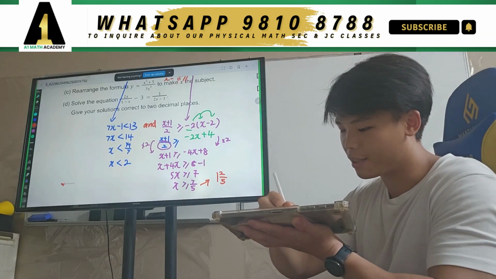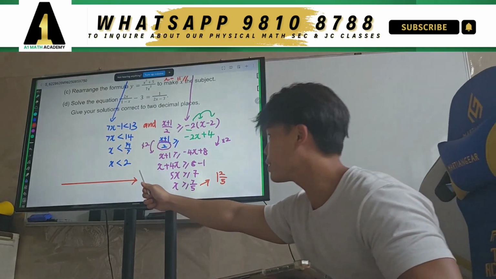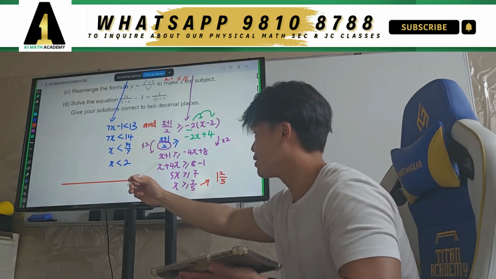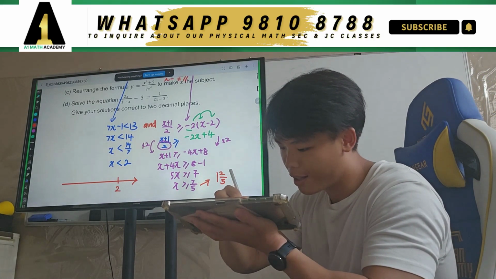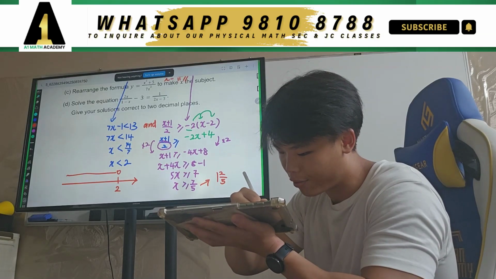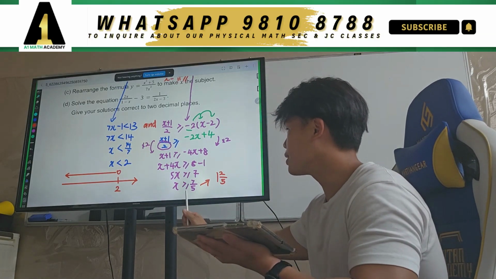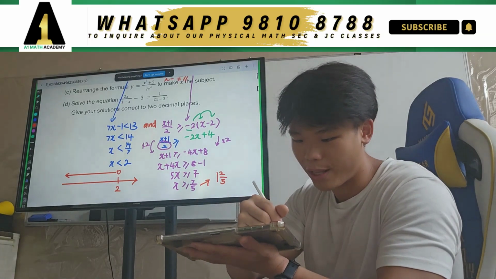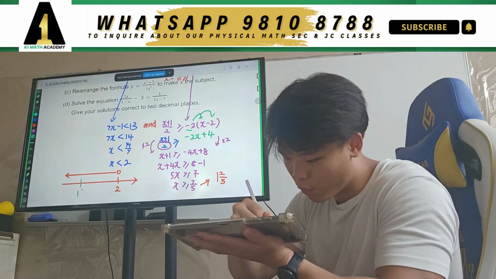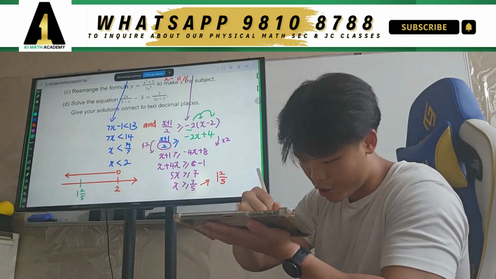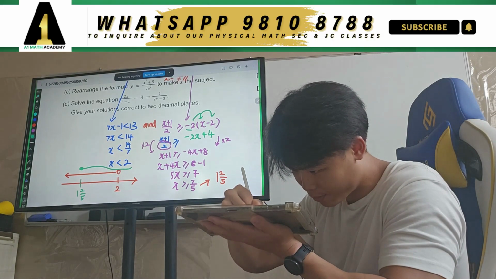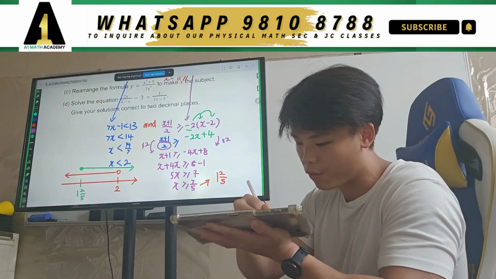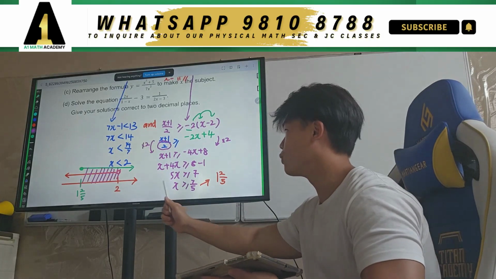So we draw a number line to visualize. This one is what? Lesser than 2, so we draw 2 here. Lesser, so you go to the left. Then this one is bigger than or equals to 1 2/5, so you end up with 1 2/5 here. Then you shade in this direction. So overall, you end up with this overlap. This is the overlap that we get